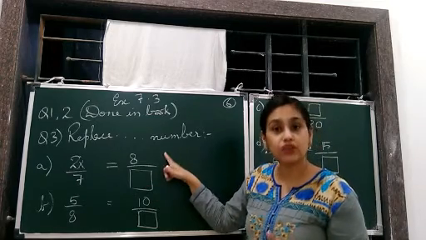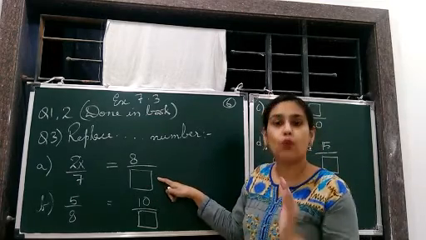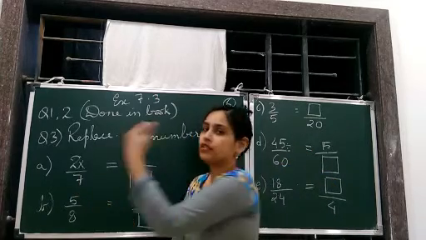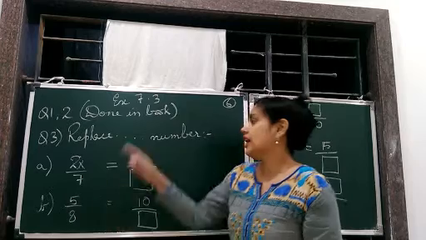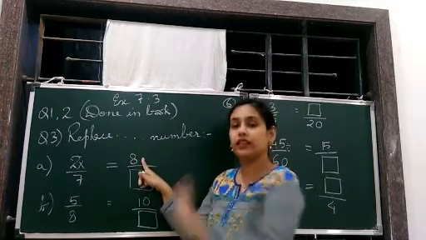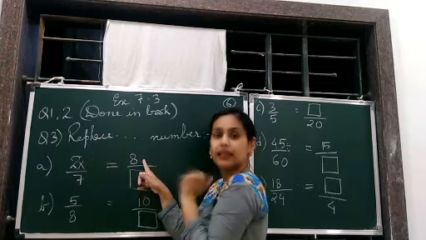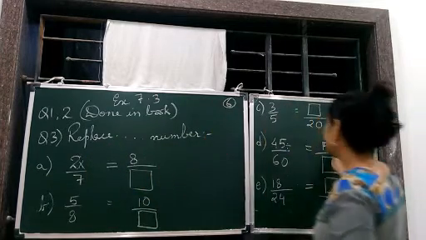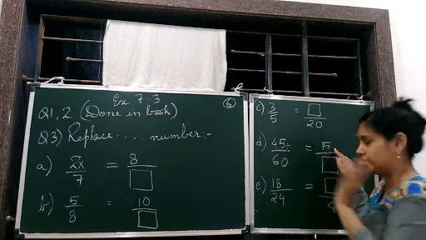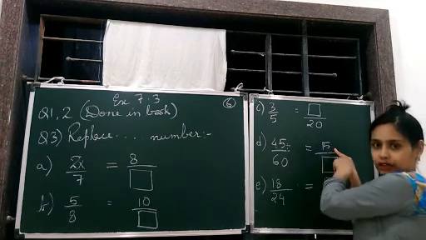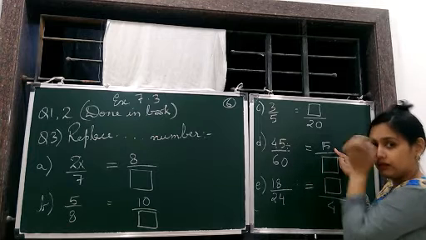If the numerator of the right hand side is greater, then on the left hand side we are multiplying. Then only we are getting a greater number. And if it is smaller, that means we are dividing something, then only we are getting a smaller